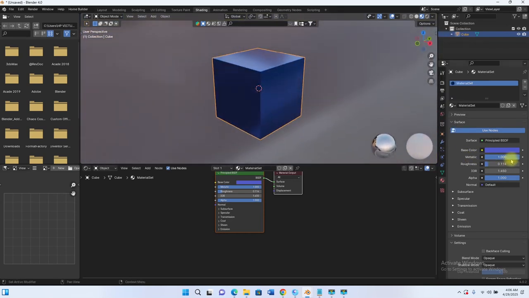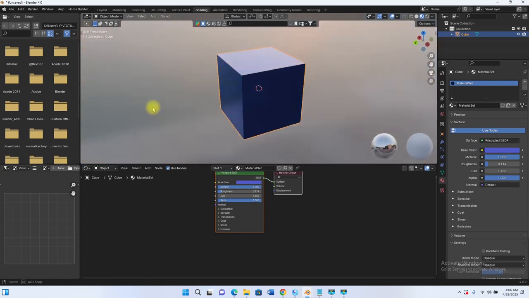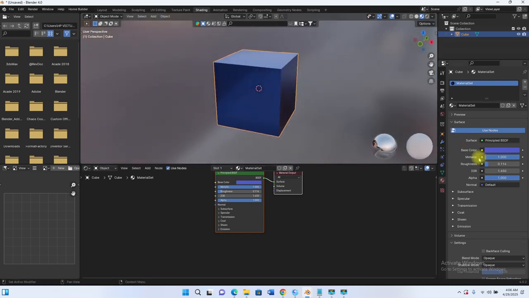So notice once I start to bring my metallic down, it doesn't look like a metal object. And if I take it up, it becomes like a blue metal. So that's what metallic does. So really, another